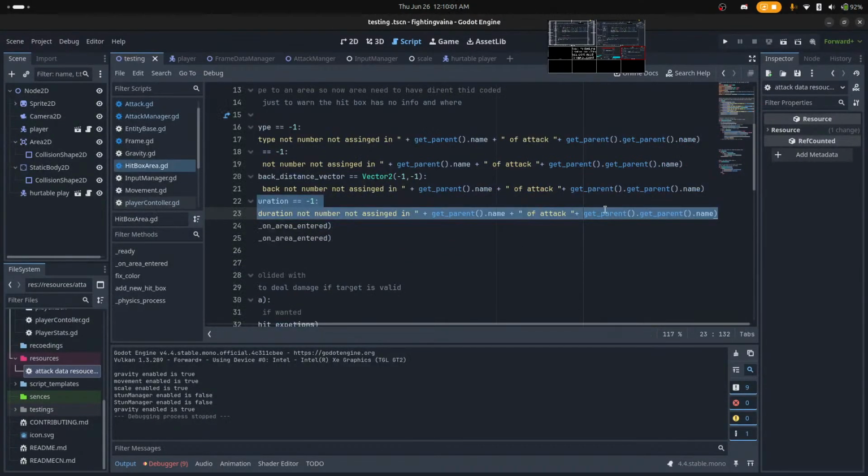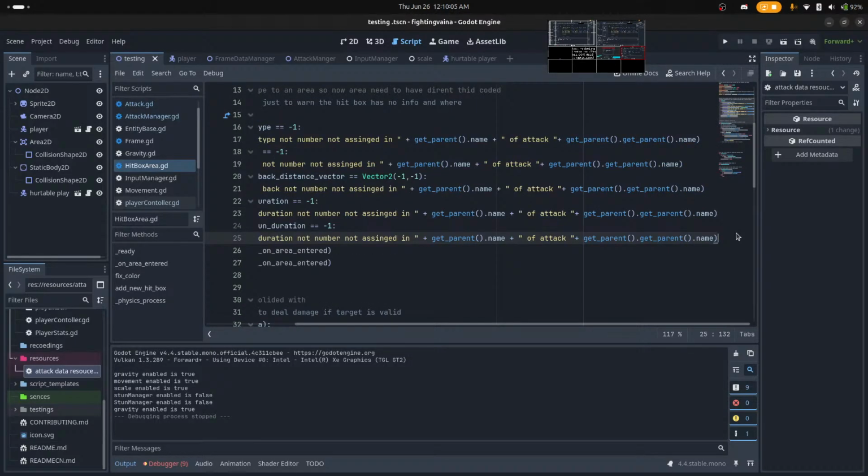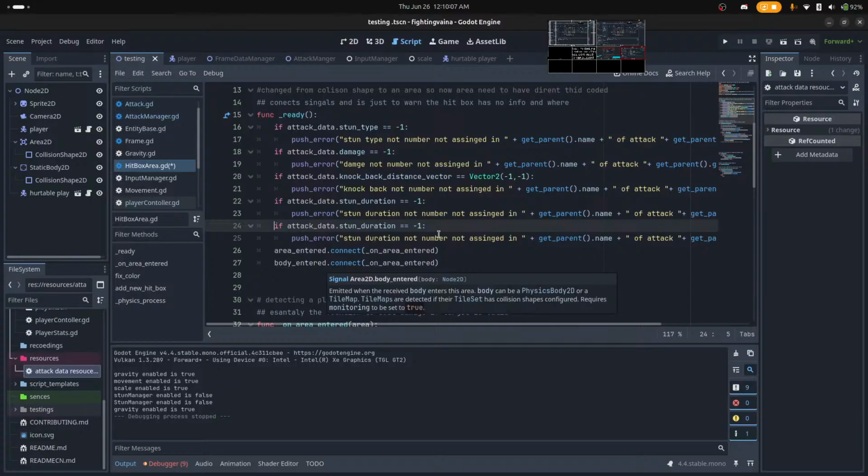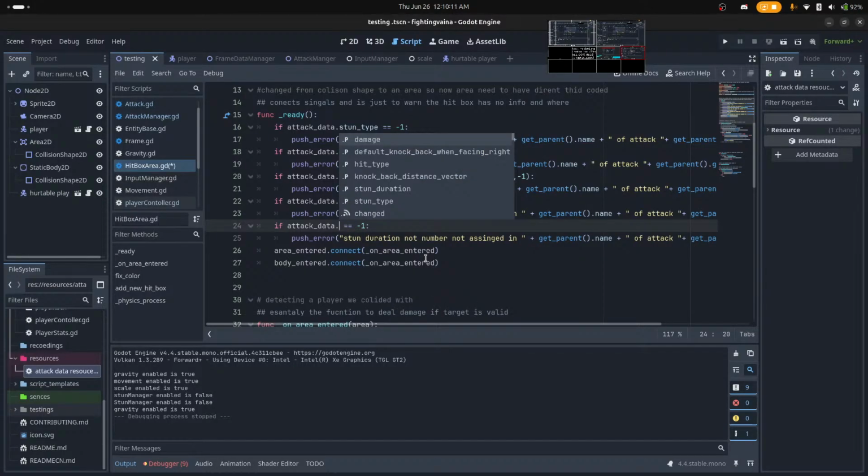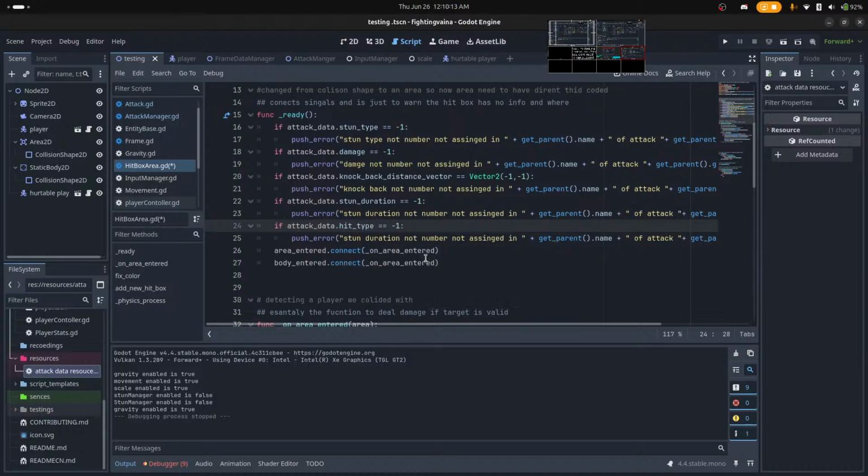No, look at the paste separately, not on top of itself. Change it to attack data dot hit type. And then we just put hit type here.